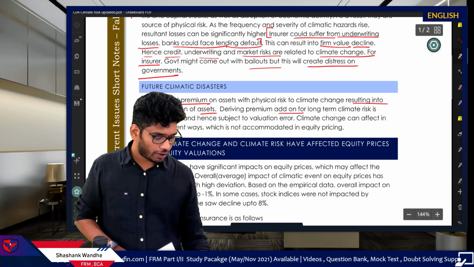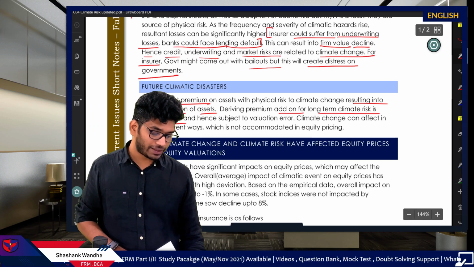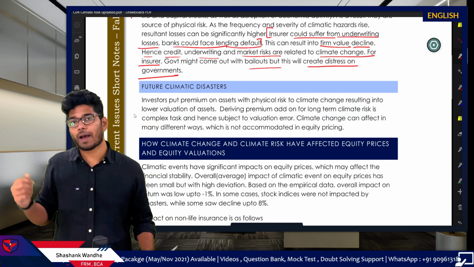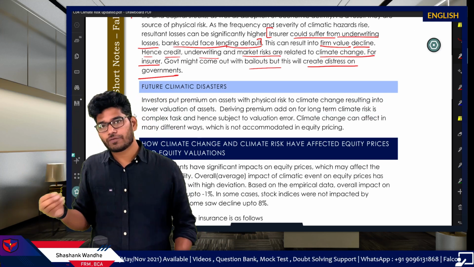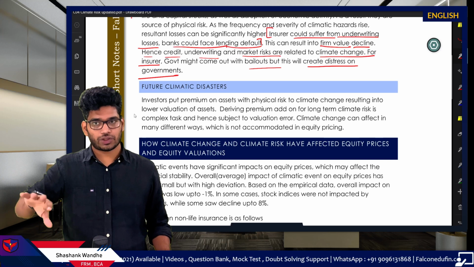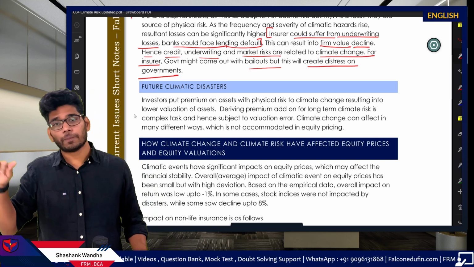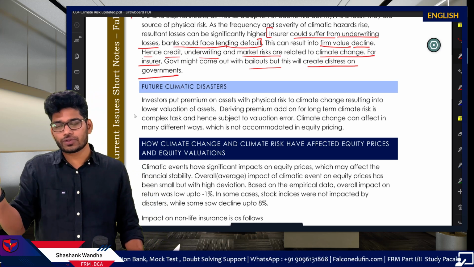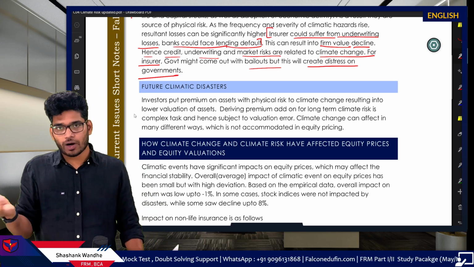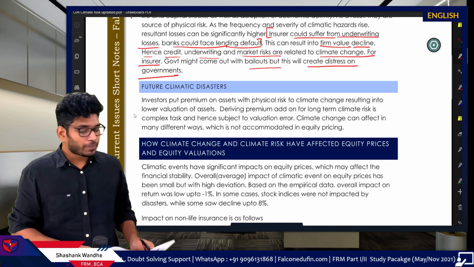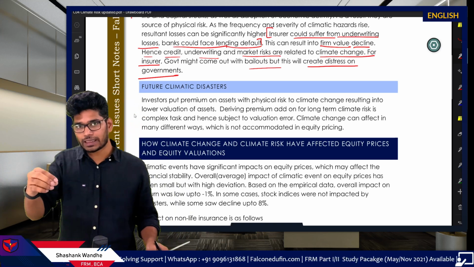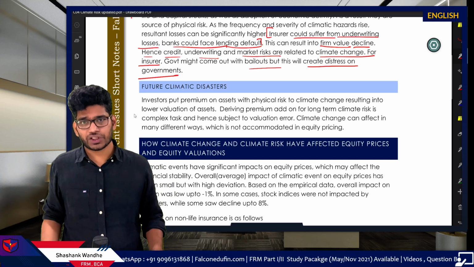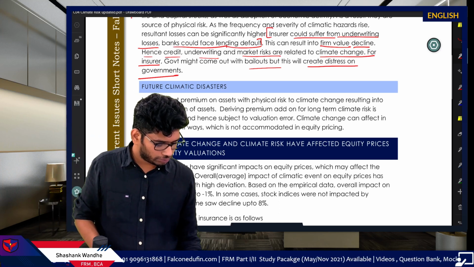Deriving a premium add-on for long-term climatic risk is a complex task. Currently, there is no exact methodology. How will you predict what is going to happen in the future, right? For normal valuation, we take some assumptions. We assume that the sale prices will increase by this, the supply will increase or demand will increase by say 10%. Based on that, we use all these assumptions in the financial models, and based on that, we do the valuation, right? But to account for the climate risk effect in these financial models, we don't have any measures currently. This is about this particular part.